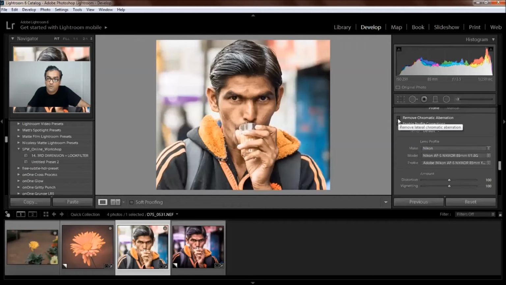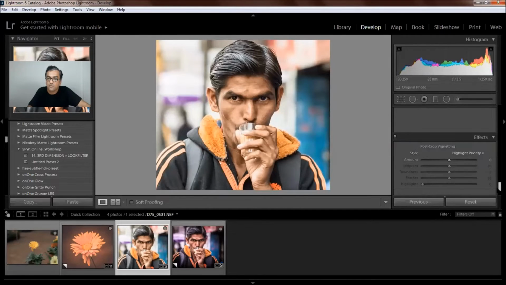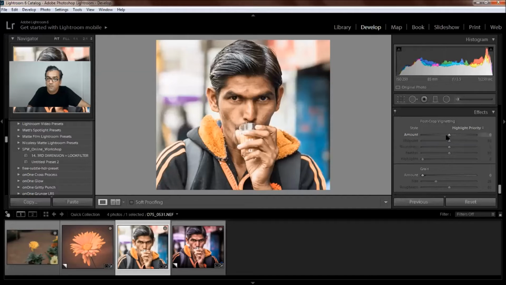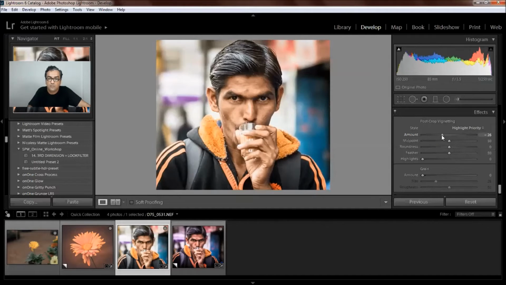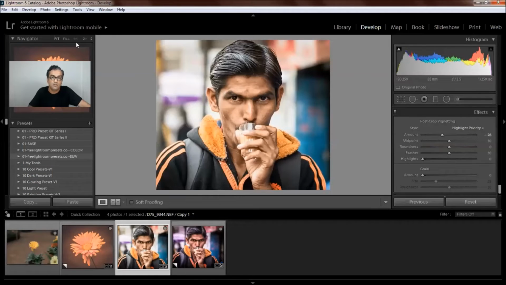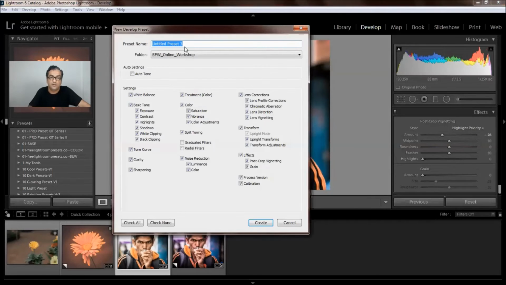Remove chromatic aberration, so color casting will be removed. We can add a vignette effect, so the image pops out. Now we can create a preset. So this will be our own created preset.